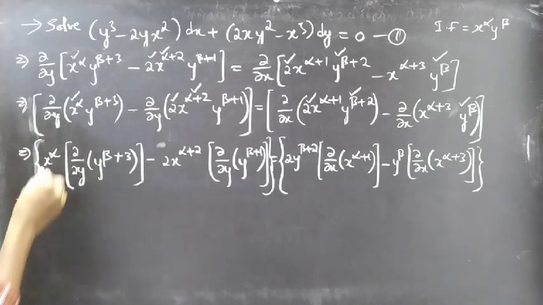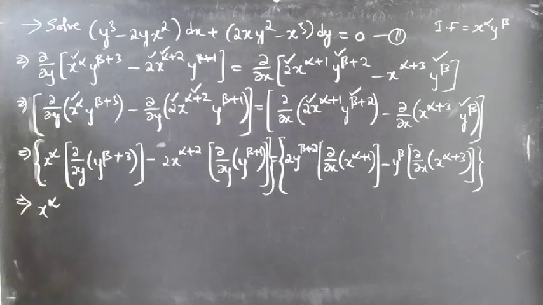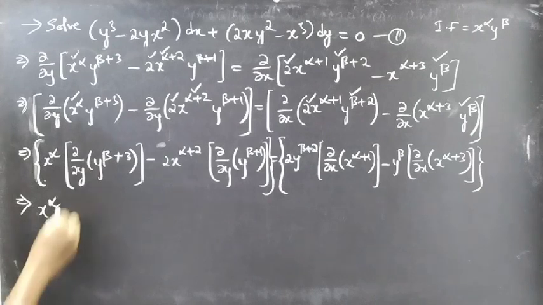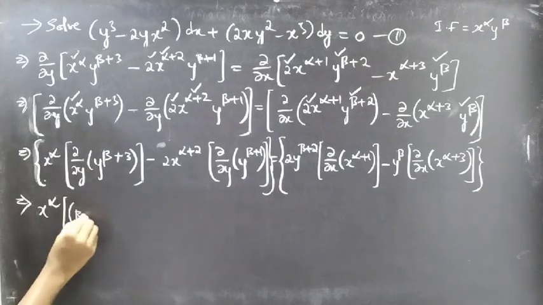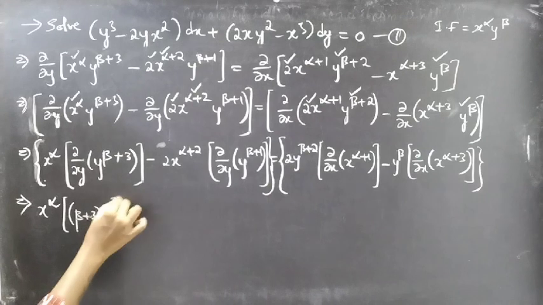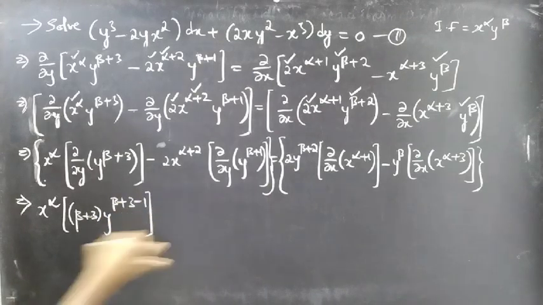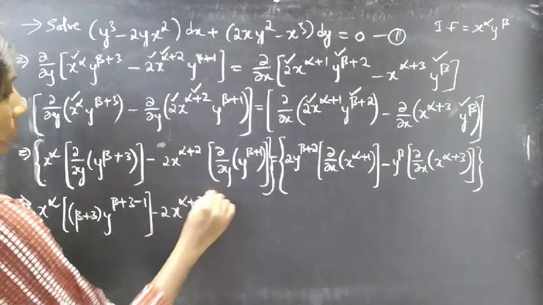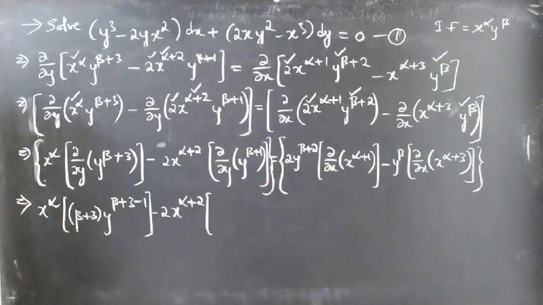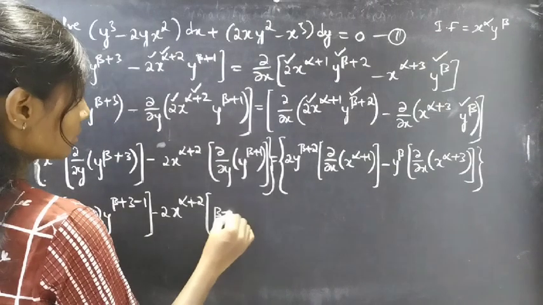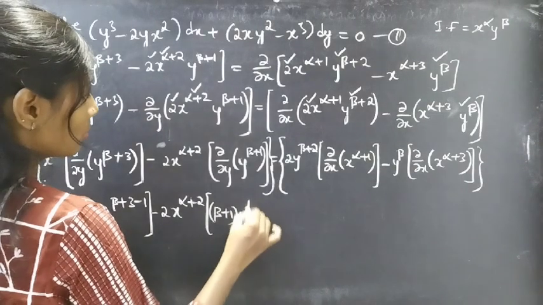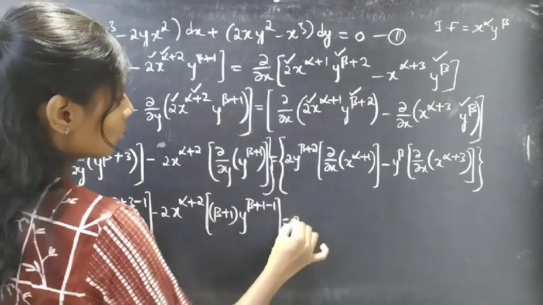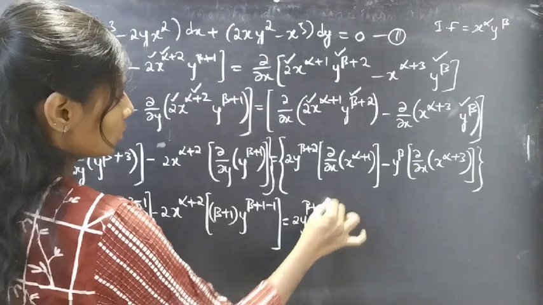This gives us x^α into the partial derivative of y^(β+3) with respect to y, which is (β+3) y^(β+3−1), right? Minus 2x^(α+2) into the partial derivative of y^(β+1) with respect to y, which is (β+1) y^(β+1−1), equal to 2y^(β+2) into